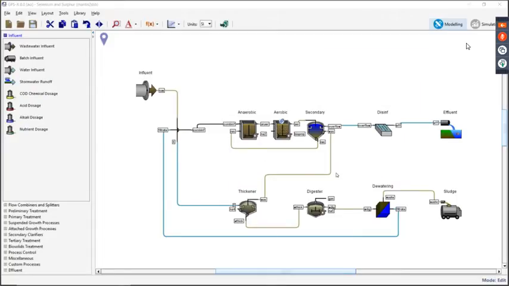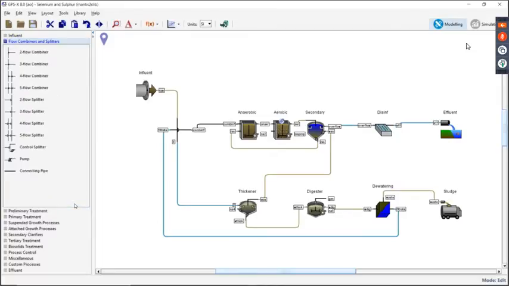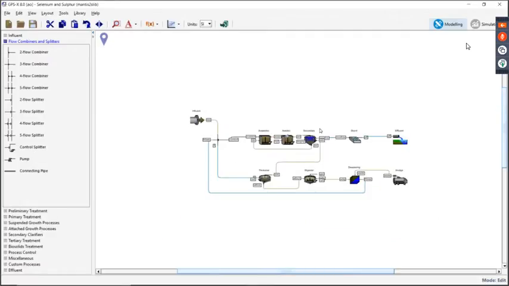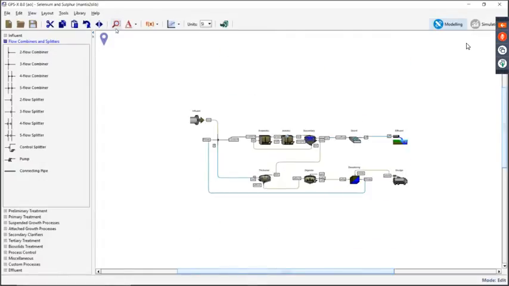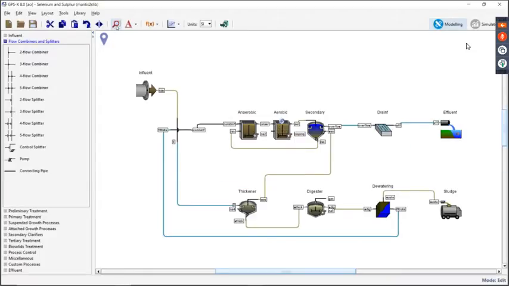As I mentioned before, you can see now the nicer looking lines, and they match and fit to the objects a little bit better. If you take a look at the splitters and combiners, they look weird sitting in the unit process table here, but when you get them on the drawing board and you hook them together, you'll see how having those things pointed in different orientations has helped to simplify the look and feel of your layout itself. Okay, so the new zoom buttons up here, if I were to, for example, zoom out a bit, you can see I can do some scrolling around, a more straightforward way of doing that. If you hit this zoom button up here, it's always going to zoom to this orientation, basically filling up most of the screen all the way.